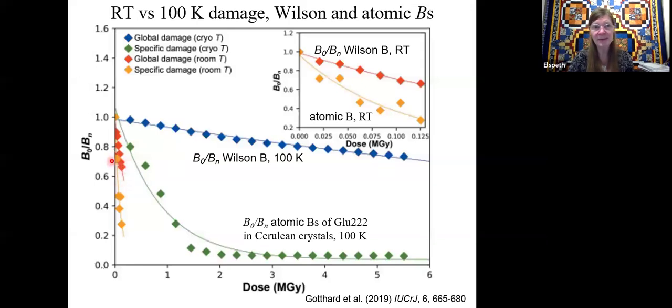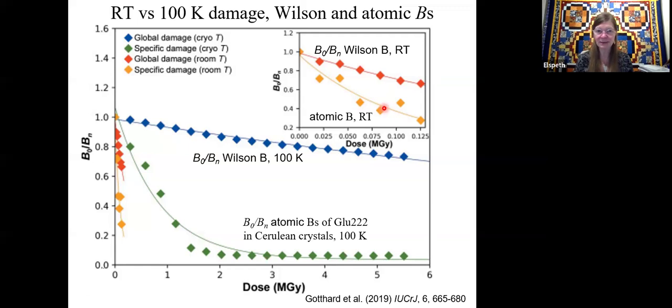So if we blow up this little area here, which is the room temperature global damage and the room temperature specific damage, which is in this box up here, you can see that the scaling B factors in reciprocal space start going down, but there isn't nearly as much gap between the structural damage, the atomic B factors going up at room temperature. So that's because the lattice disintegrates much, much faster, because the radicals can move around, they have